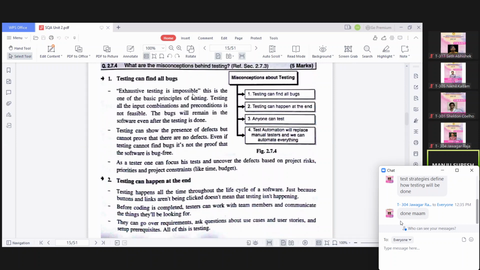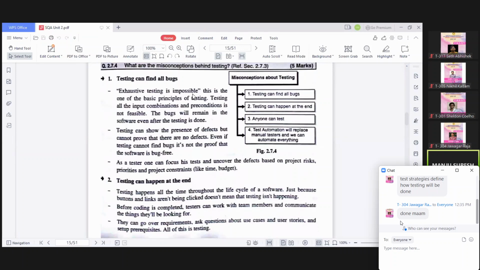Every permutation and combination test करना is difficult. For example, जितना भी inputs हो, वो सब input डाल के check करना whether my system is working properly or not. It is not feasible. How much ever you do the testing, at least 5 to 10% of bugs remain in the software. You cannot have a bug-free software. This is what they say.